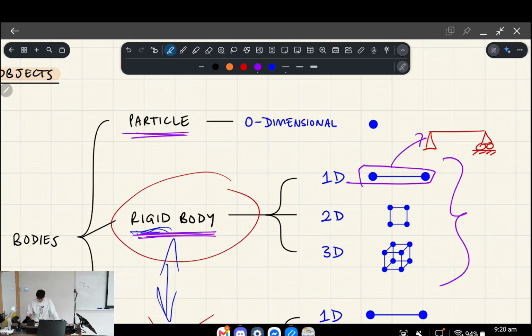So a beam is a 1-dimensional rigid body. And for a 2D example, you might think of something. Actually, you'll see this in the practice papers for your first block test, but there'll be some kind of frame of some sort, for example. And once you start treating this structure in terms of multiple dimensions,